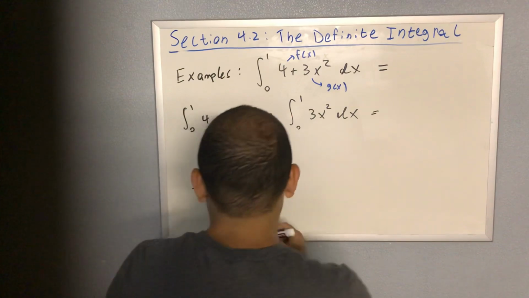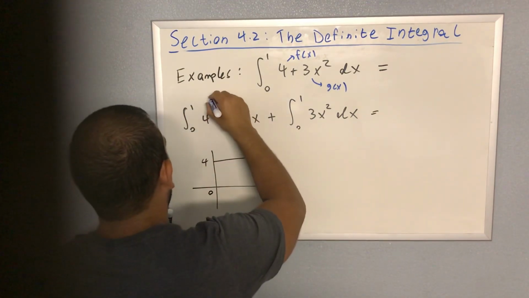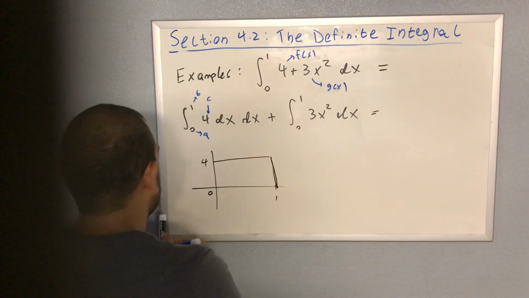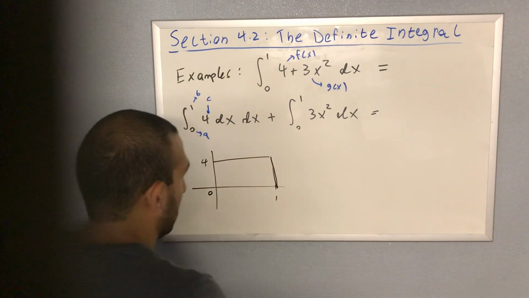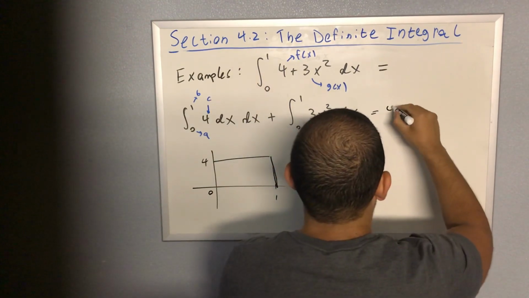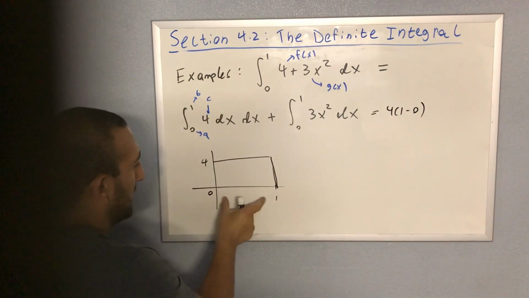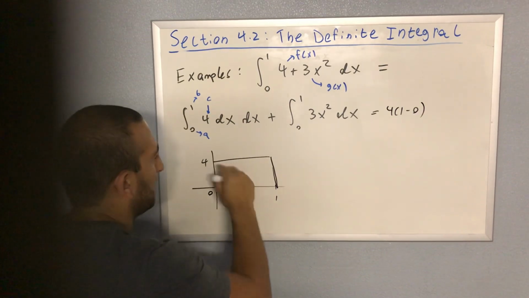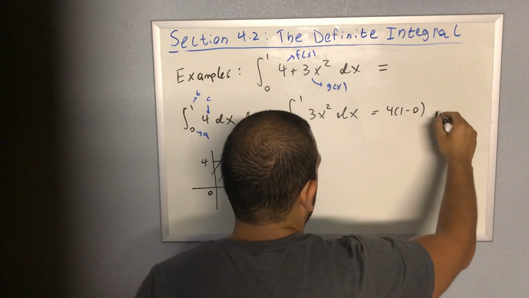This is like C in the property, this is B, and this is A. It said it's C times B minus A. So it's 4 times 1 minus 0, which is exactly what this picture is telling us. The base is 1 minus 0, which is 1, times the height of 4. That's what the area is. Okay? Plus